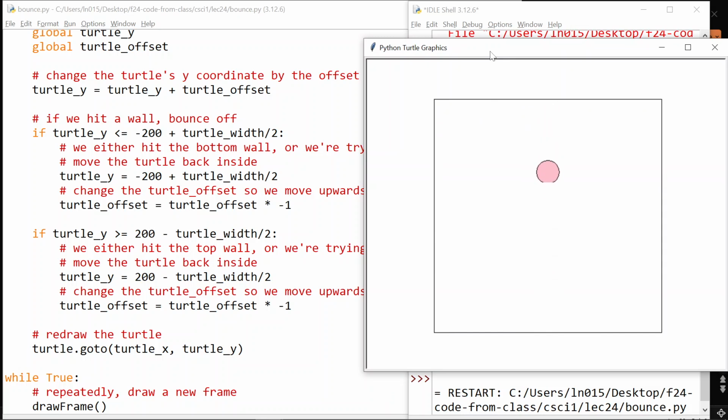Look at it go. Isn't it beautiful? Are there questions about what's happening here? It's really just this loop down here. While true forever, draw a new frame, which just nudges the turtle a little bit in whatever offset and whatever